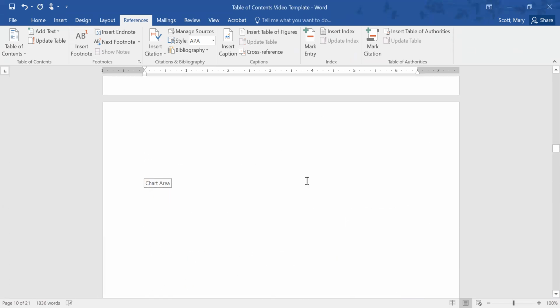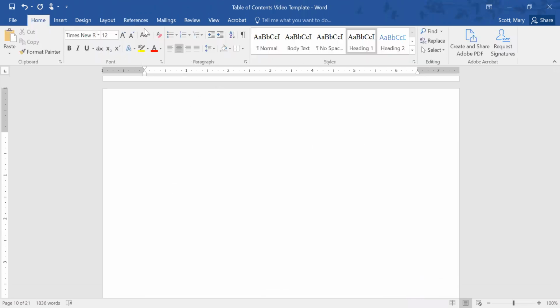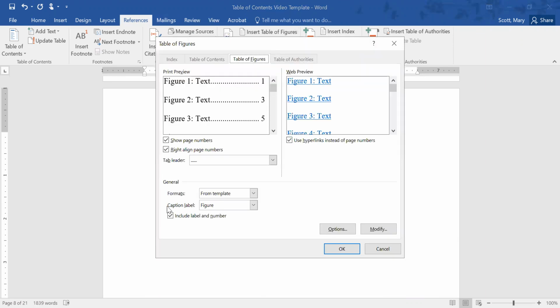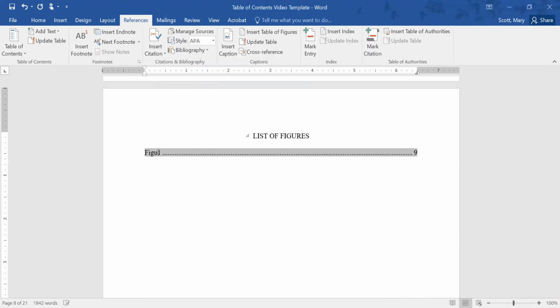And then you would head up to, that's your list of tables. Here's your list of figures page. Centered. List of figures. And you head to the references tab, insert table of figures, and then instead caption label is figure. Okay. Then you do your manual edits